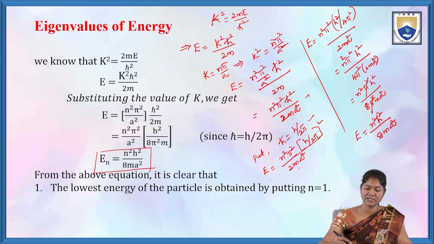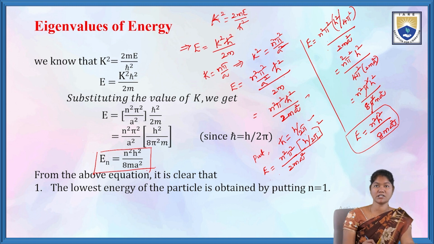So when simplifying this, E is equal to n square pi square h square by 4 pi square, divided by 2ma square. So it is equal to n square pi square h square by 8 pi square ma square. So finally we got the energy expression: E is equal to n square h square by 8ma square. So from this equation,